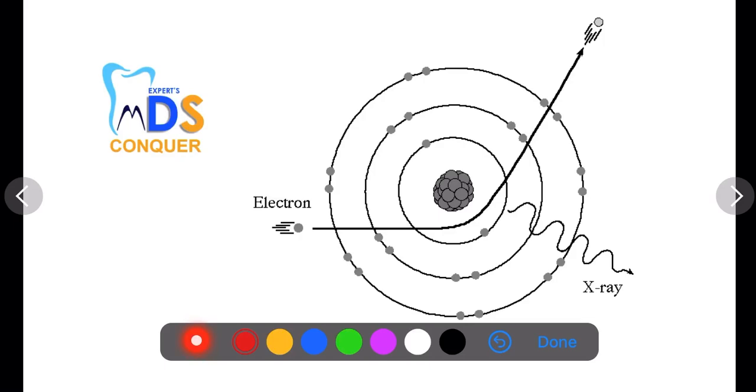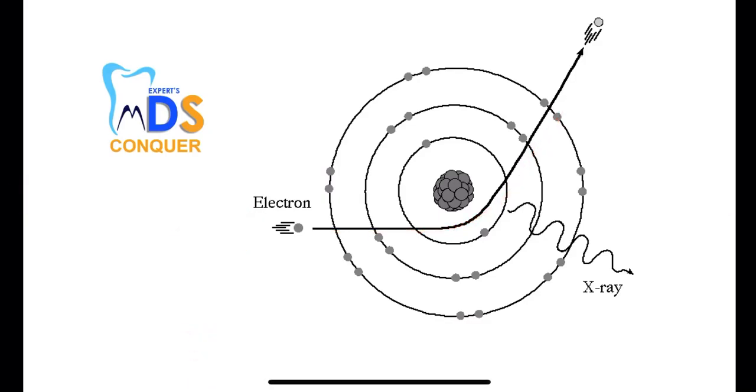So the high energy electrons will nearly miss the nucleus, and during this interaction there will be loss of velocity, and that deceleration will release the kinetic energy which subsequently will release the X-ray photons. This is called Bremsstrahlung or the braking effect. It is very important because most of the X-ray photons are produced by this effect, called Bremsstrahlung radiation or the braking effect.